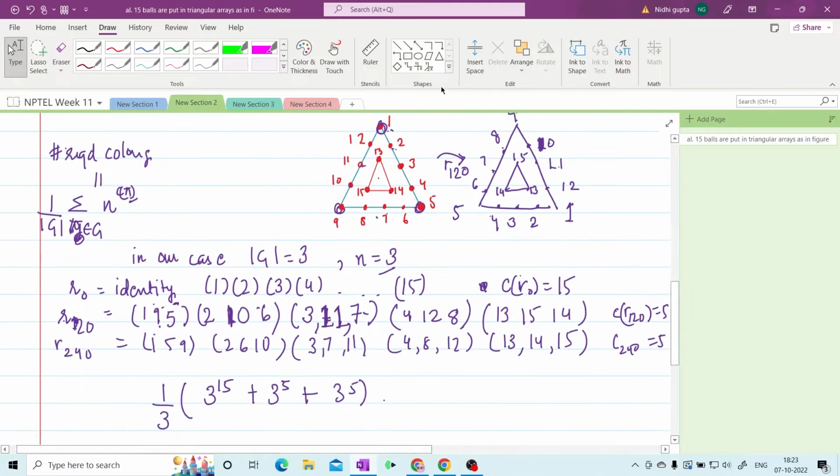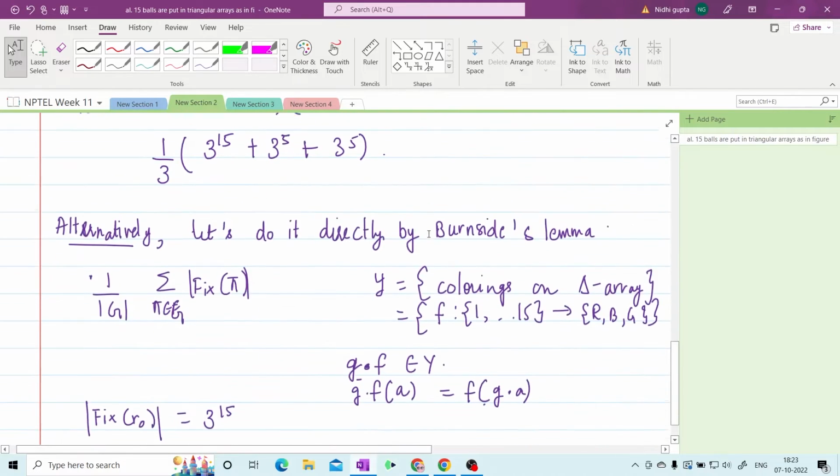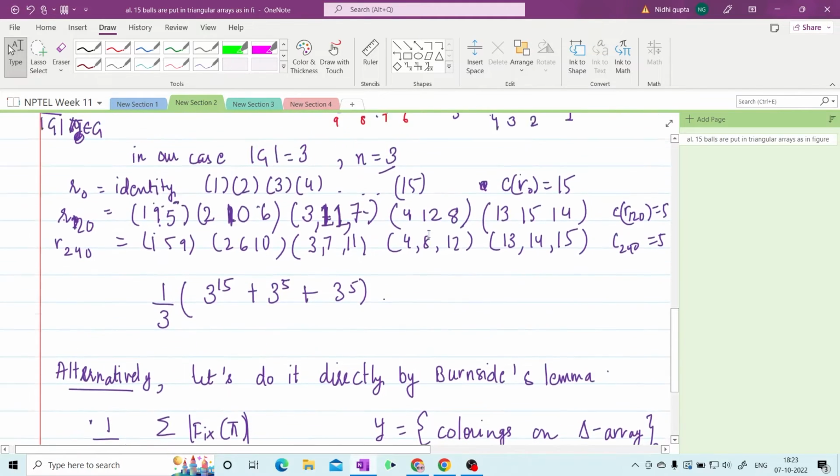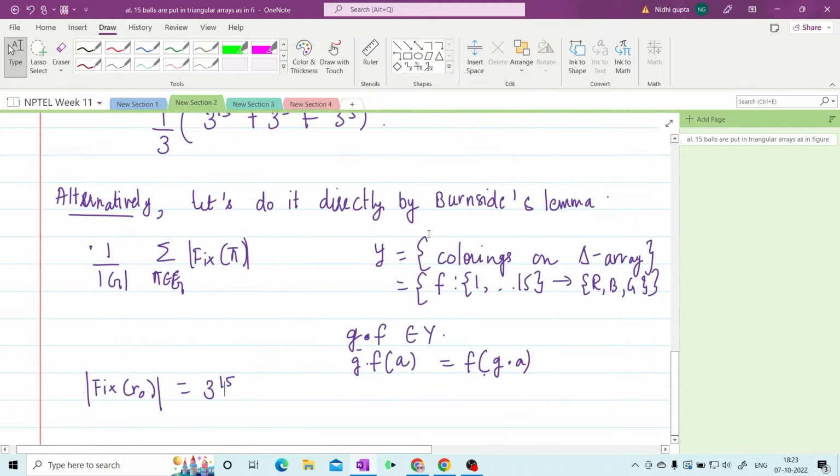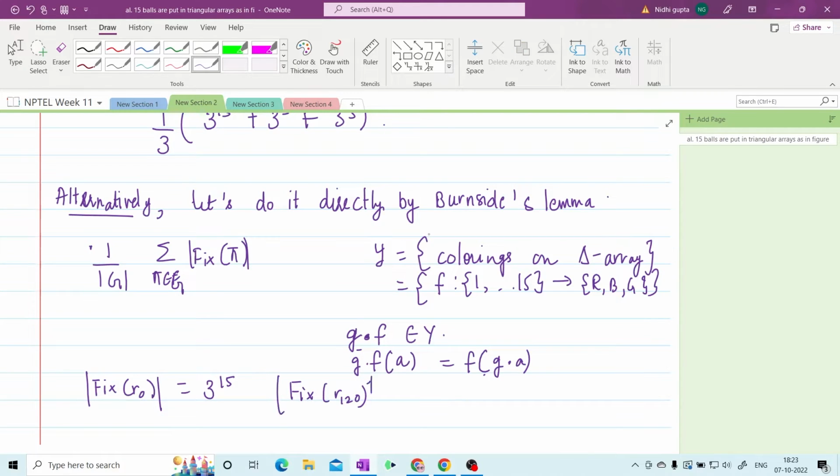So the total number of colorings is 3 raised to the power 15. So fix R naught is 3 raised to the power 15, and fix R 120, the order of fix R 120. So if we have